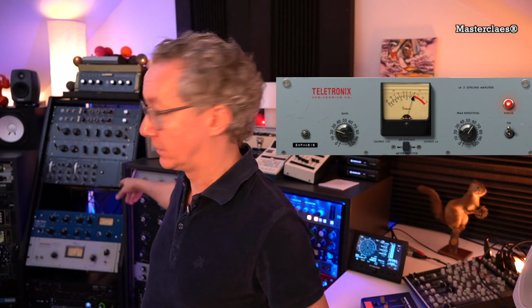LA-2, the old one, pretty slow, but that's from that era. If you compare it to the Gates Stay Level, they're slow as well. Well, it's gone. I sold it. There's a Retro 176 coming my way. I hope they arrive next week and we can do a nice video about them as well. But let's stick to the plan and go to the